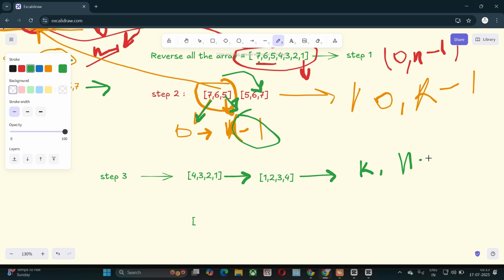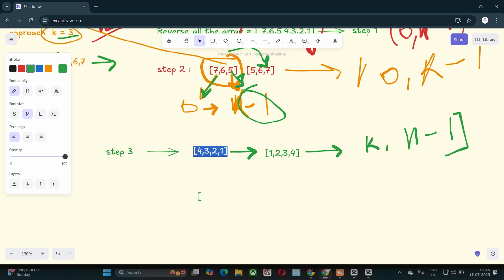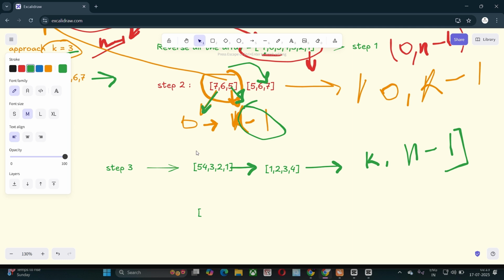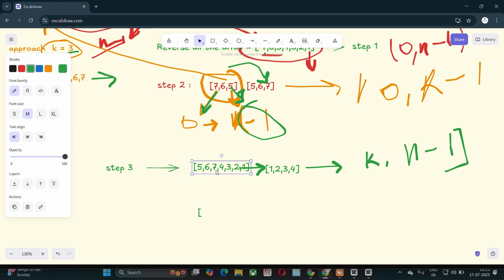Okay, now let's see our code. So I'll remove this. First of all we make n equal to nums.length, and now k equals k mod n.